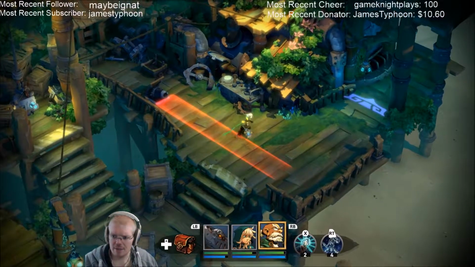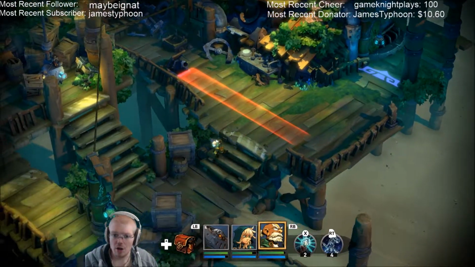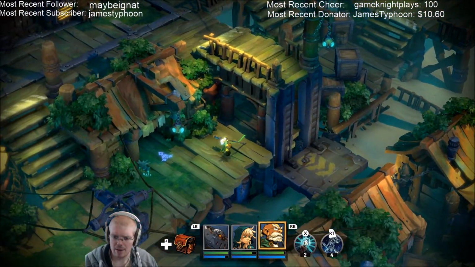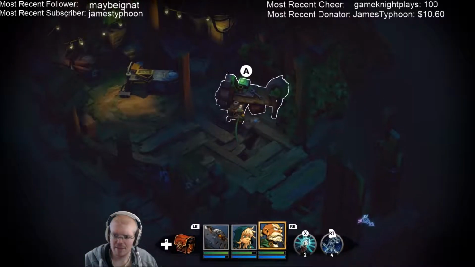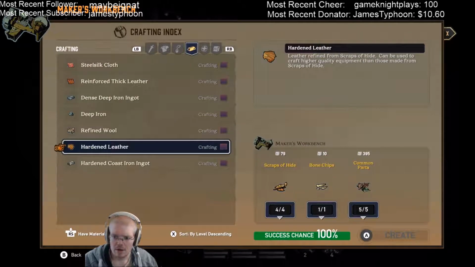The shrine's still being shown down there, though, which is weird. And we do have the... Oh, no, we do have a crafting table in this map as well. So I might actually be able to craft that hardened leather. Let's take a peek. Because that's back here. Yeah, we can. Cool. So let's create